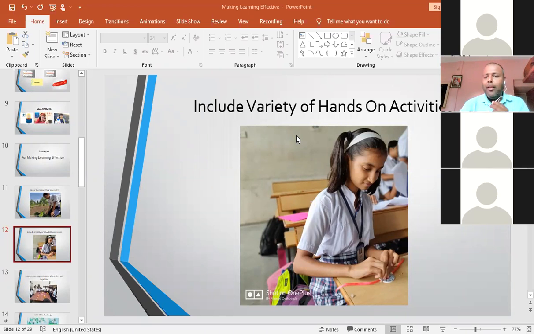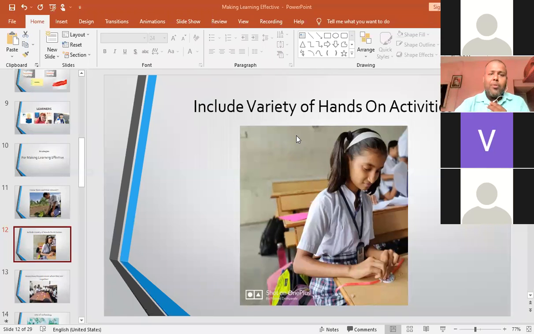Like if I am doing an experiment, the experiment can be done with the help of material which is very easily available in the house or around somewhere. So they can easily bring it in the house and they can perform. So they get the concept very well rather than just listening and watching. So feel is very important. This feel is given by hands-on activities.